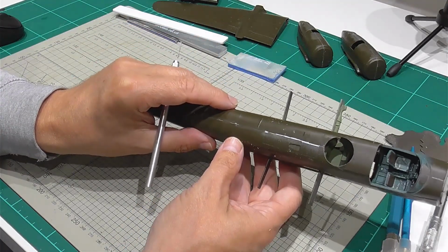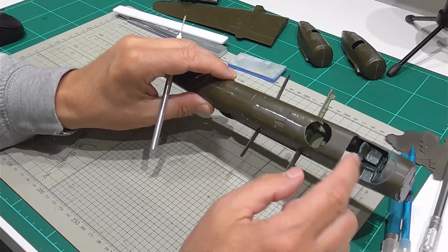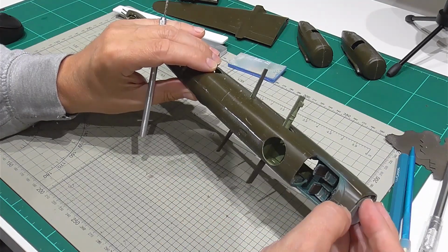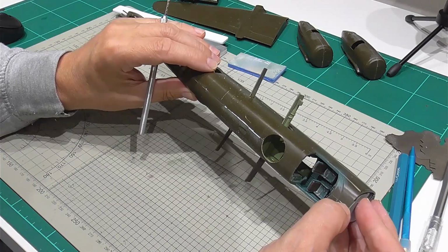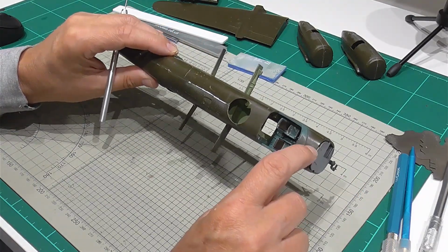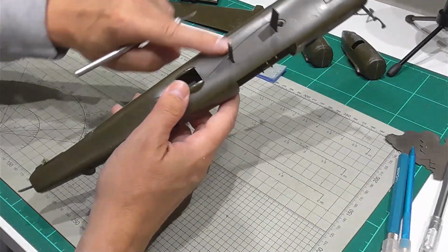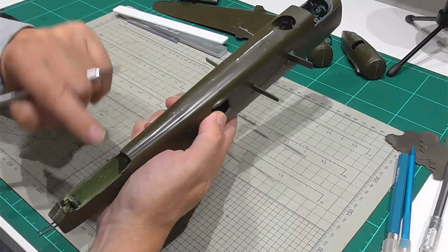So there we go. Alright, so I'm going to do this last little bit, and then we'll come back and we'll start any other filling that needs doing. We'll go over it again, because I definitely know on this front bit there where you can see that I can put my nail in that, so that needs a bit of filler. I think there's a few other bits as well. So we'll do those, we'll get those done,